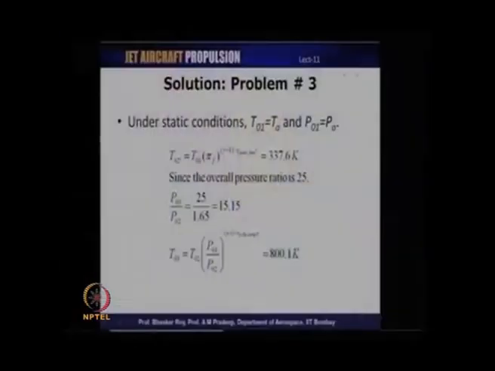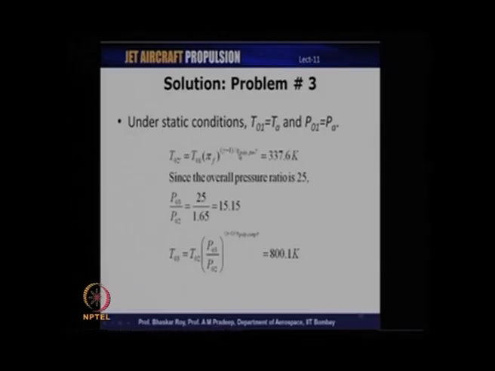So, we will begin with the fan, and it is mentioned in the problem that we are required to calculate the thrust under static conditions, which means that the engine is stationary, Mach number or flight speed is 0. Therefore, T01 will be equal to ambient temperature, P01 will be equal to ambient pressure, and therefore, the fan exit temperature T02 prime is equal to the inlet temperature multiplied by the fan pressure ratio raised to gamma minus 1 divided by,